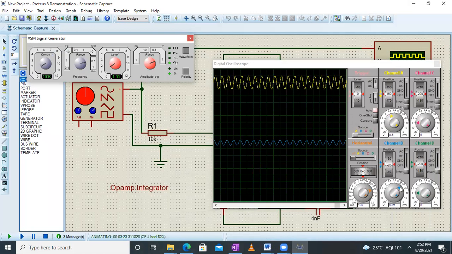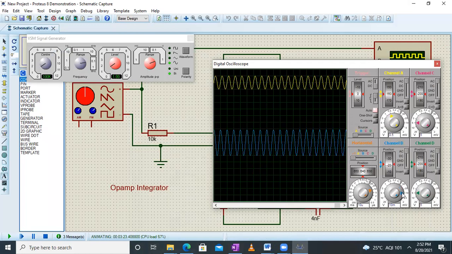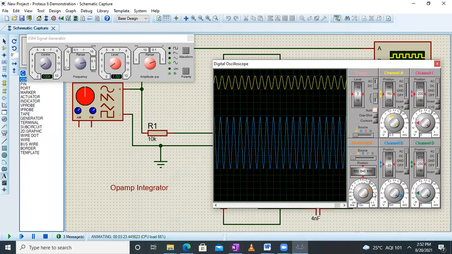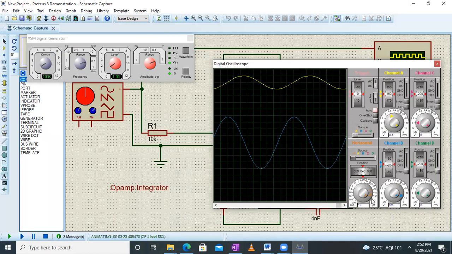So again we'll reduce the volts per division knob so that it fits the screen and we are able to measure. Okay, so right now we'll again change the time per division knob. Fine. So we are adjusting it so that the waveform, which has become very small, is measurable, adjusting the time per division knob and volts per division knob every time. So right now let me again adjust this so that it's measurable.